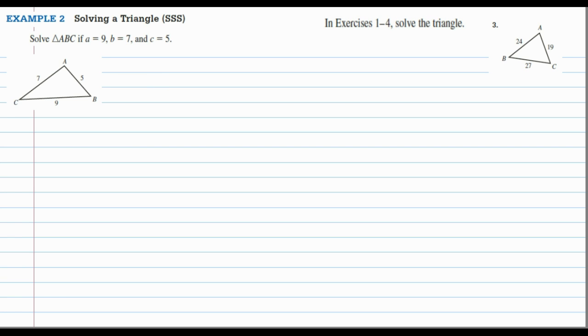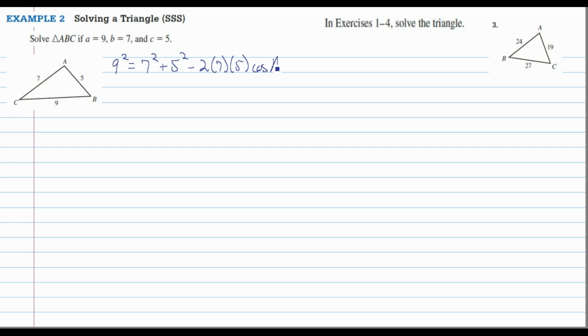But I'm going to choose, in this case, just to solve for angle A. Why not start with A? So if I'm starting out to solve for angle A, I'm going to use side A to go to the left of the equal sign. So 9 squared equals B squared plus C squared minus 2 times B times C times the cosine of